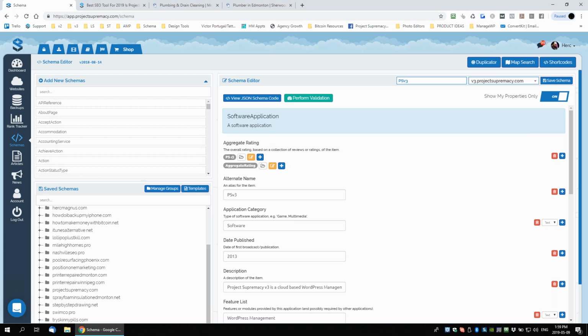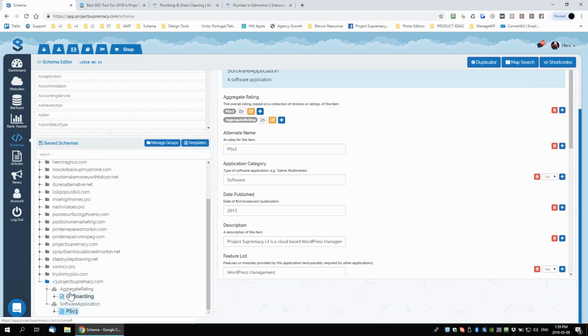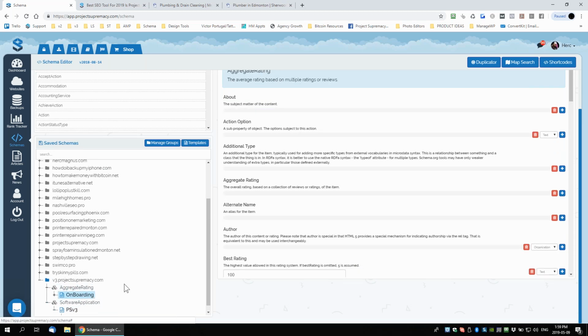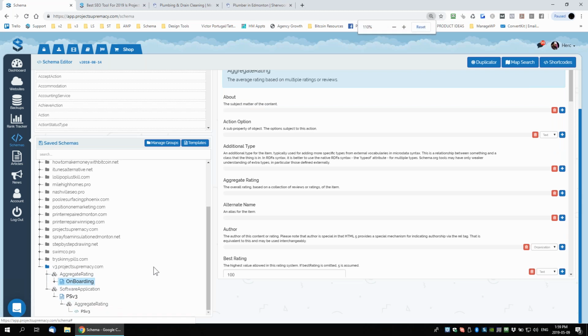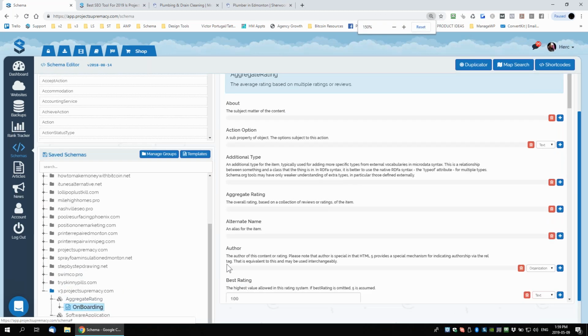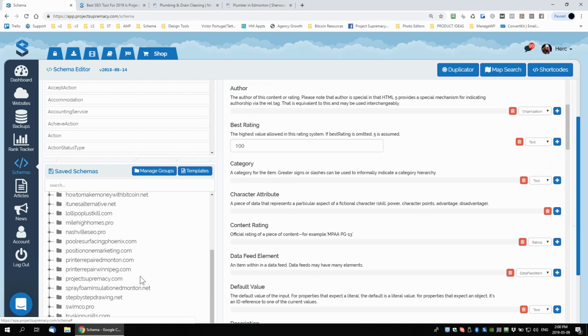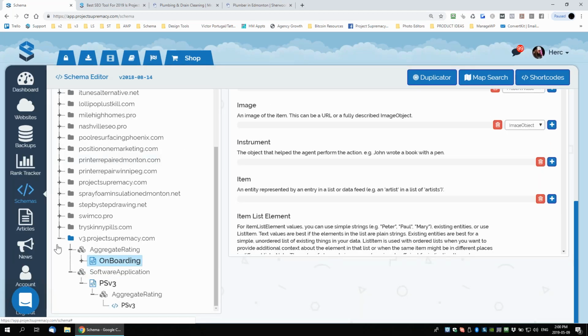So I created what's called a PSv3 aggregate rating schema, and let me show you that one. So here you can see aggregate rating. Or sorry, it's not that one, it's this one right here. And can you guys see this, how it's, I'm going to zoom in, how it's kind of, I wish I could scroll further down the page, but you can see